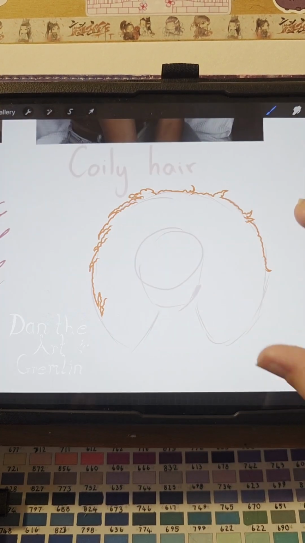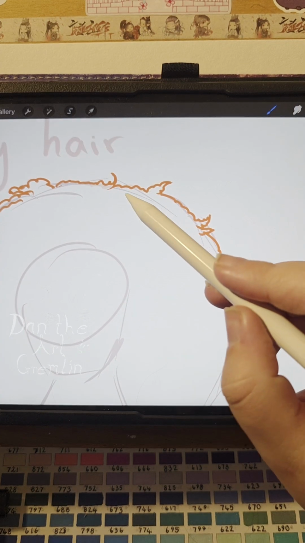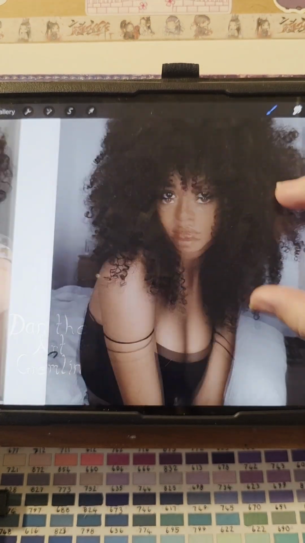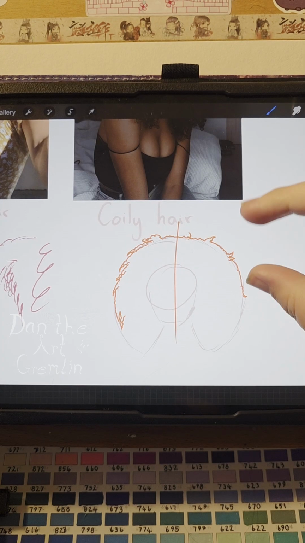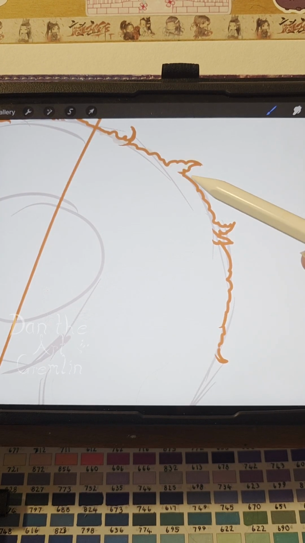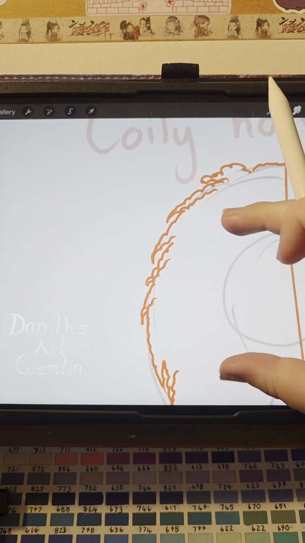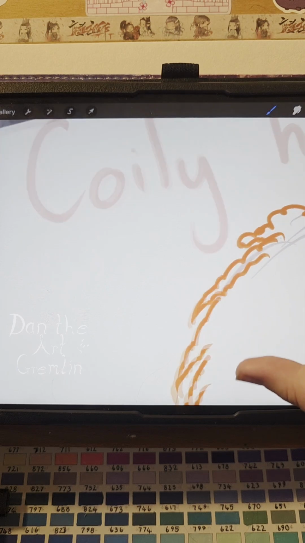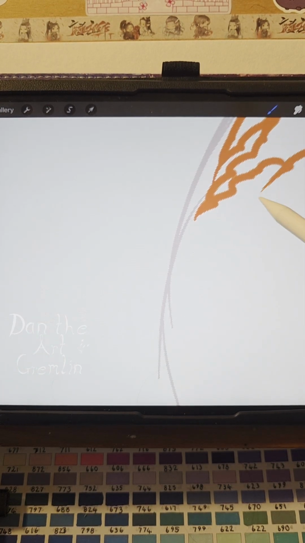So now we've drawn in a bit more of that hair, and you can see, depending on how wild, how many strands stick out, you can choose to do a more compact style, where it's very minimal kind of flicks coming out, and then on the other side you've kind of got more of these flicks adding definition. And it is really simple. So as we get to the bottom here,